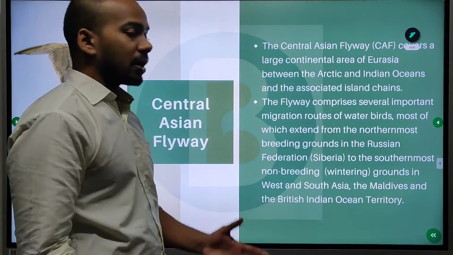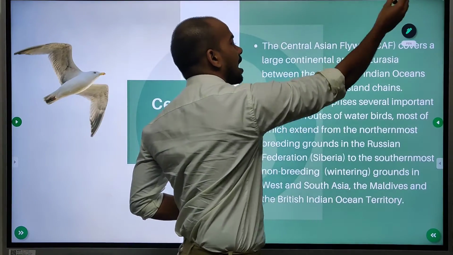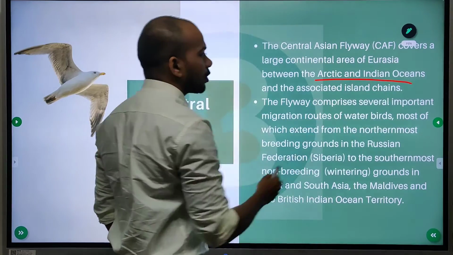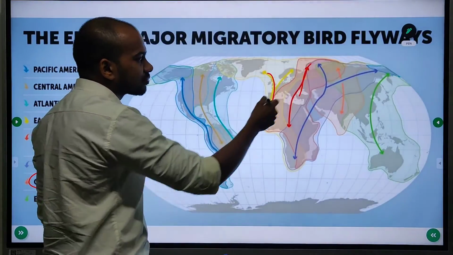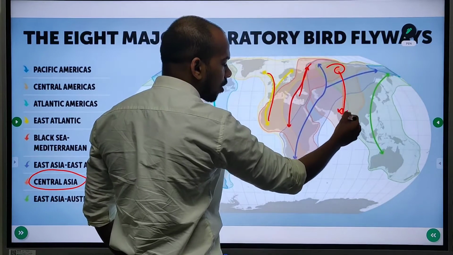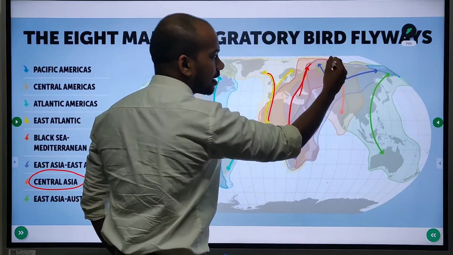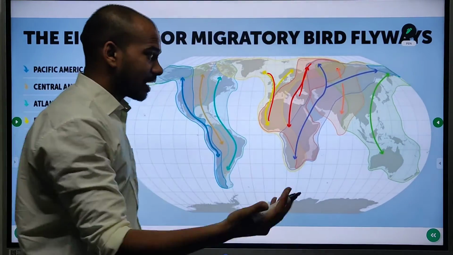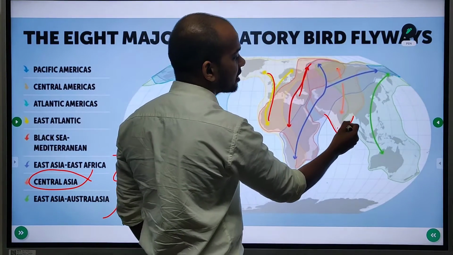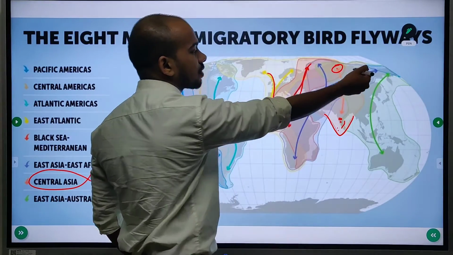And much more about the Central Asian Flyway. The Central Asian Flyway covers a large continental area of Eurasia between the Arctic and Indian Oceans. You can see in the map that it starts from the Siberian area of Russia and it goes to India, and it will involve areas of the Indian Ocean. This arrow mark is just to show the path. It will include the areas of the Indian Ocean, islands here, coastal regions, wetlands in India, and it starts from the